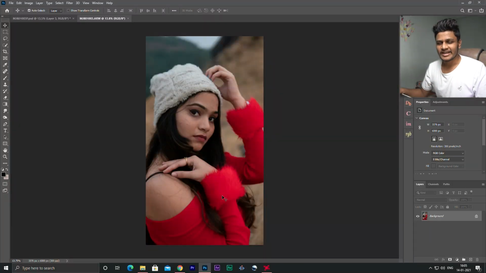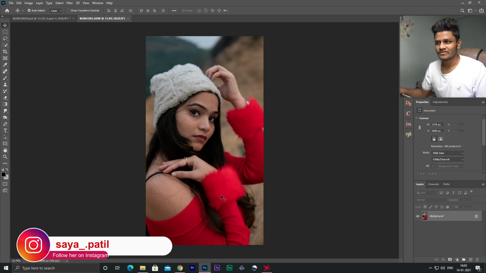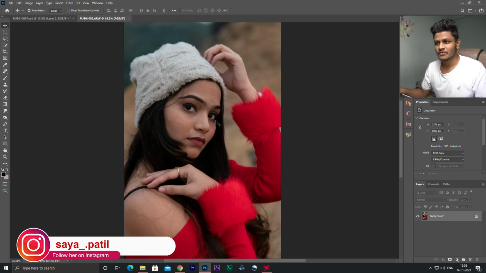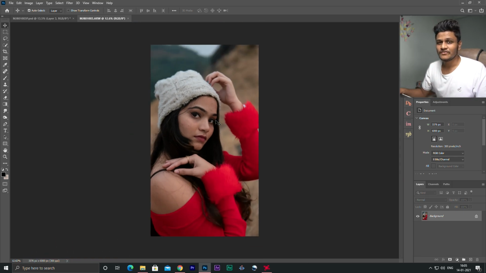Here we are in Adobe Photoshop, and you can see I have already imported a portrait of a beautiful friend of mine, Siley. You can check out her Instagram; I will link it in the description. This photo was taken by a Sony a6400 with a Sigma 30mm f1.4, and the photo was shot in RAW. I will explain later in this video how much difference it creates when you shoot in RAW.